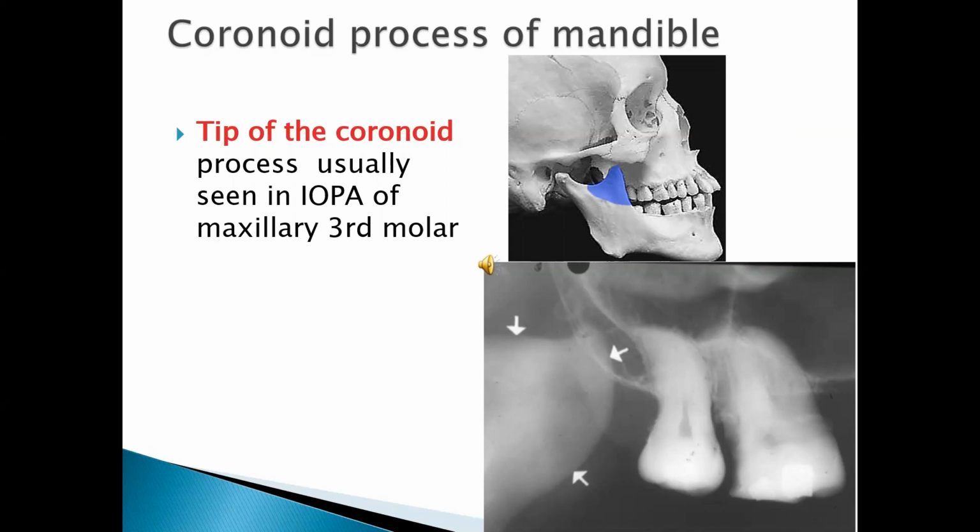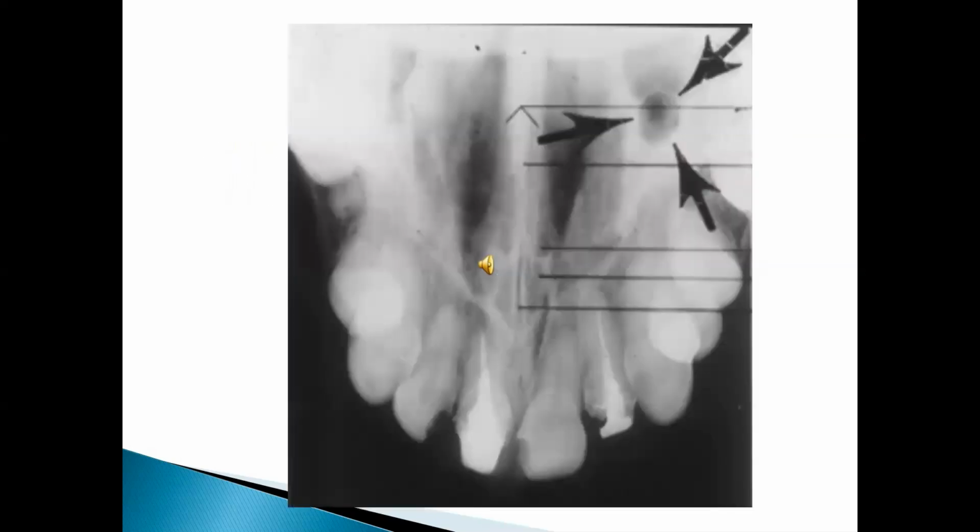So it is very common to see this particular landmark, which is a mandibular landmark, on the radiograph of the maxillary third molar. On rare occasions in an occlusal radiograph of the posterior region, we may find a radiolucent circular area mimicking a periapical cyst. Now in this image, it is shown by 3 black arrows. Could you make a guess of what this landmark is? The answer is present in the very next slide.